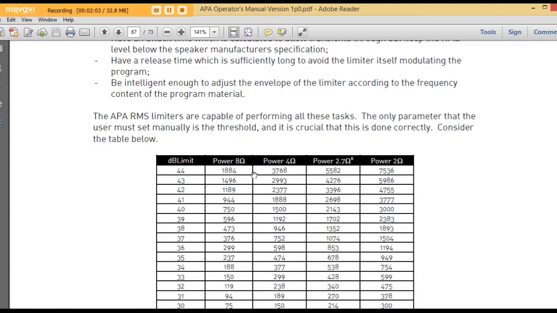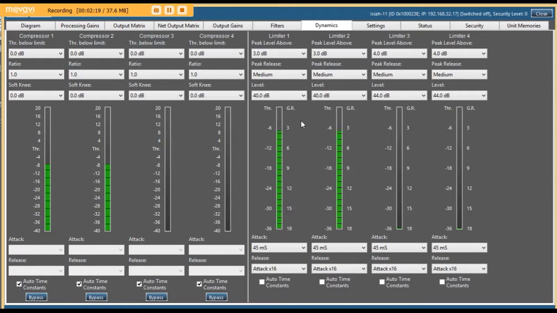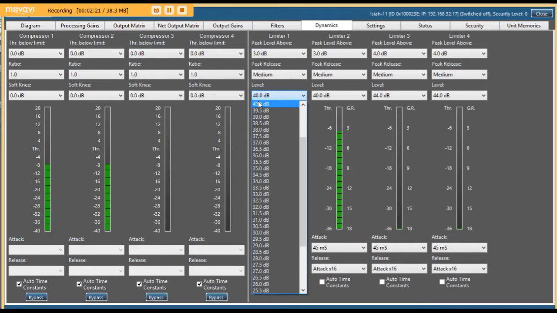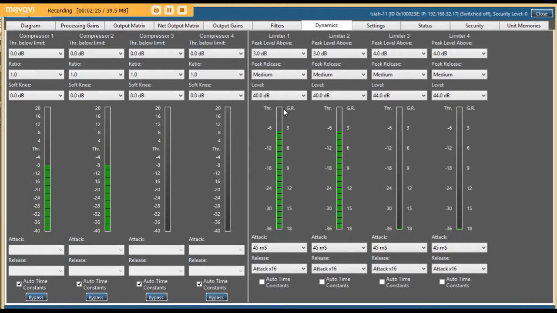So we find our power at 4 ohms column, we browse down till we hit about 1500 watts. Unfortunately 1500 is exactly there, and we then scan across and we can see that's 40 dBs at the output of the amplifier. So what we do then is we go back to the amplifier, select 40 from the pull down list, and then the next thing we do is to select the peak level that these particular speakers will